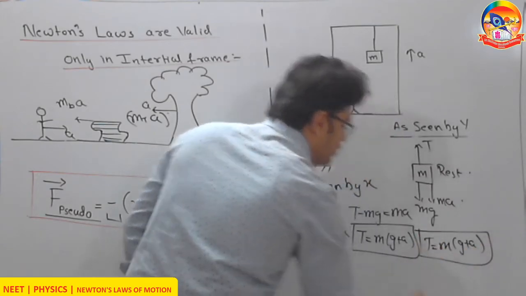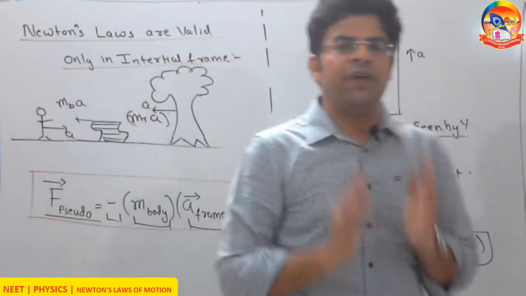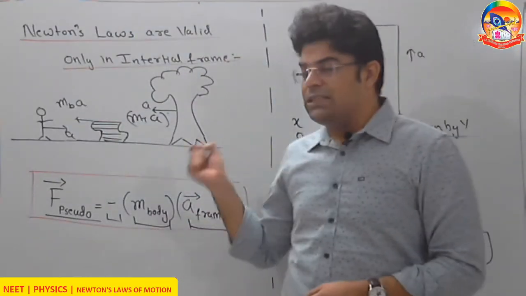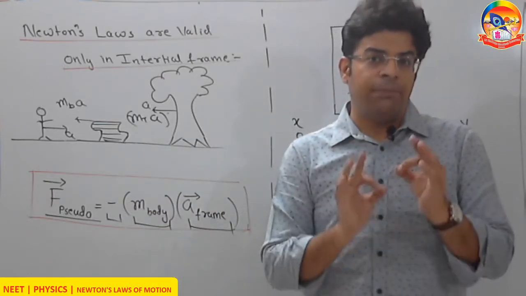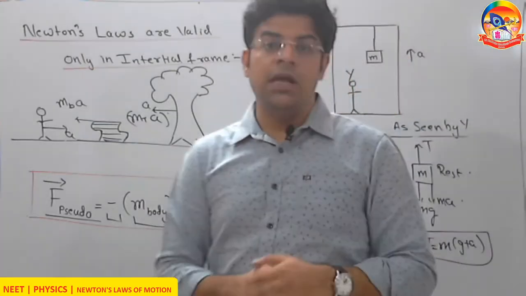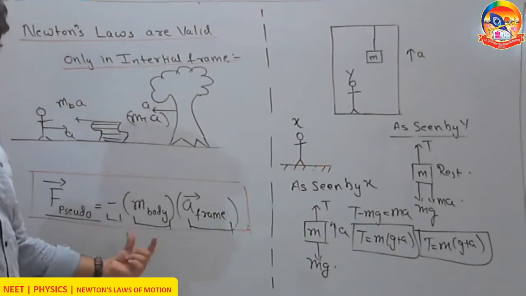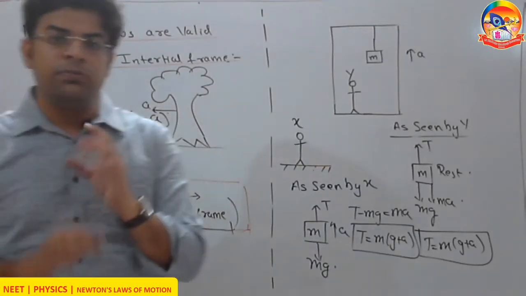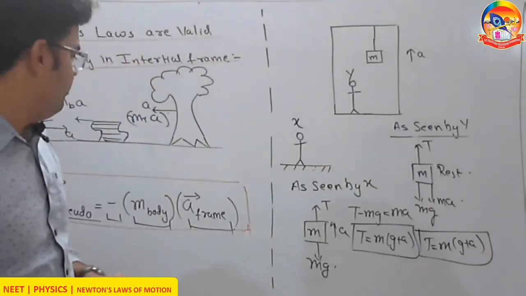Now you can see both have the same answer. So first things first, why do physicists define a force called pseudo force when it's a false force? Pseudo force has been defined to make the equation of Newton's law applicable even when the observer is non-inertial. How much force has to be applied? Minus the mass of the body times the acceleration of the frame. Remember that the pseudo force must be applied in the direction opposite to the acceleration of the frame.